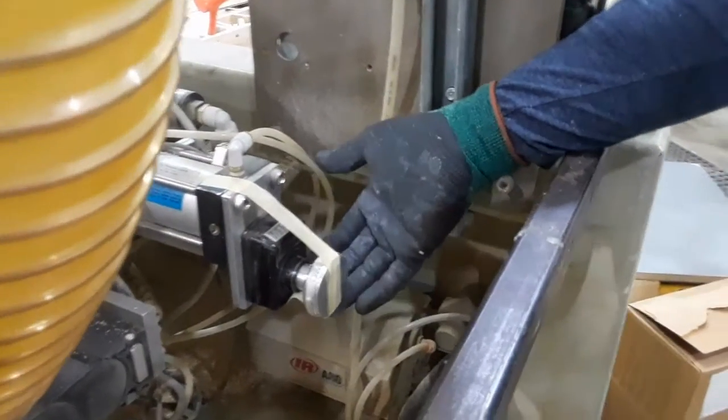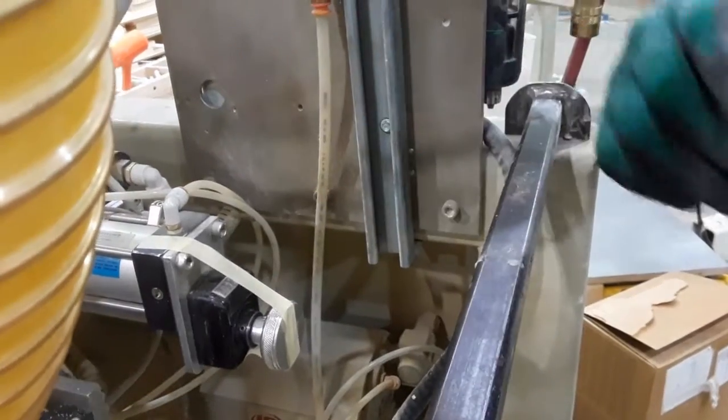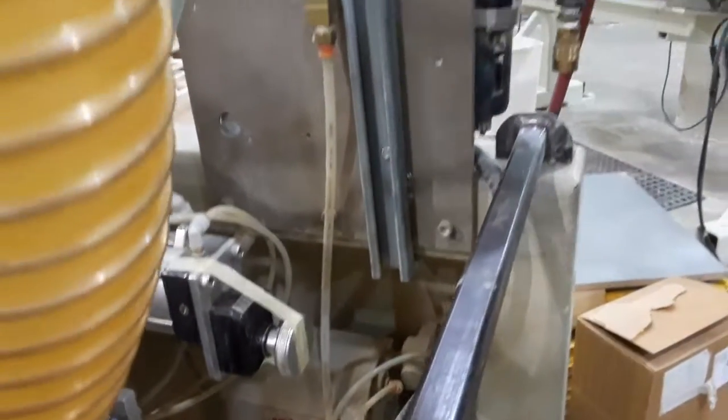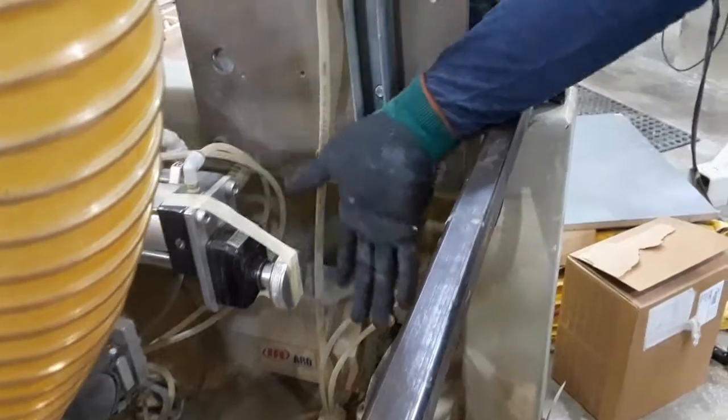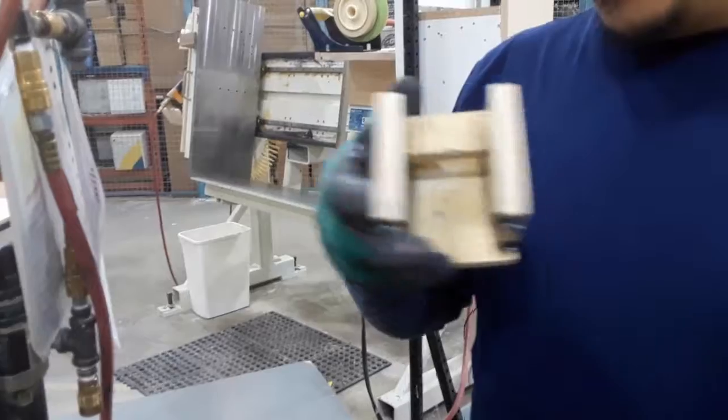Eventually this will move also, so we need a lock for it. Previously we were using the tape to put this in place. So for our two-second link, we replace it and we make a lock that is much easier and much